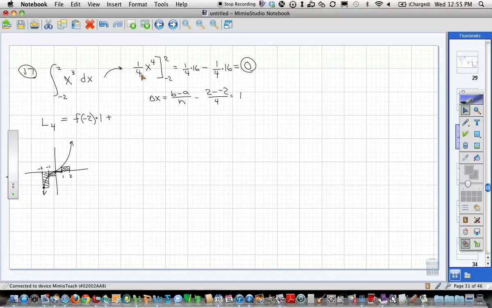We're writing it because I want this to look like a sum of rectangle areas. So I want to see a height times a width. All right, what's my next height? F of negative 1 times 1 plus f of 0 times 1 plus f of 1 times 1 equals,